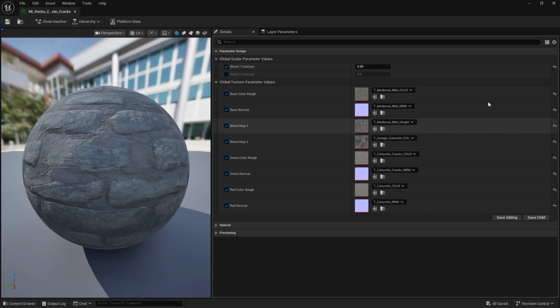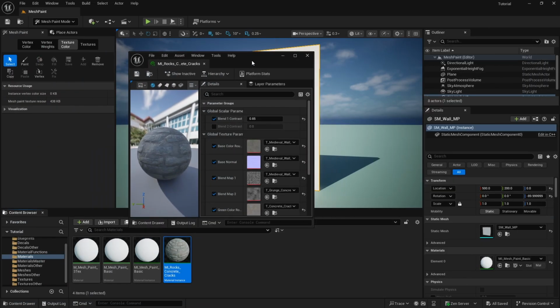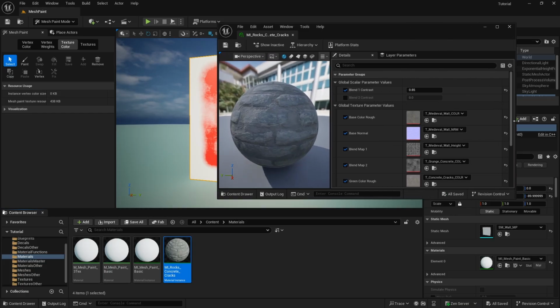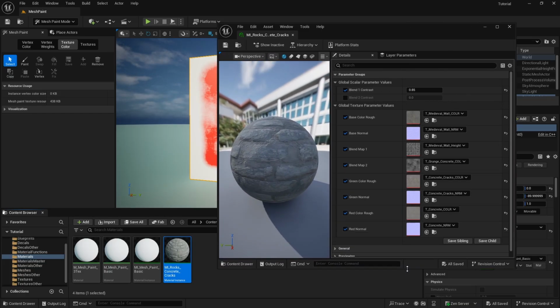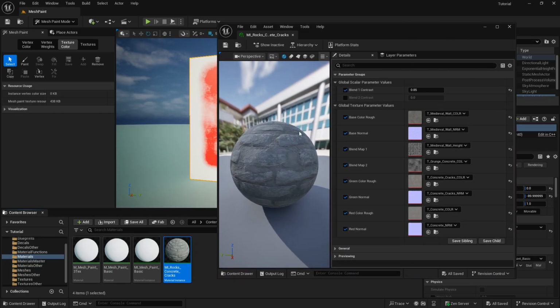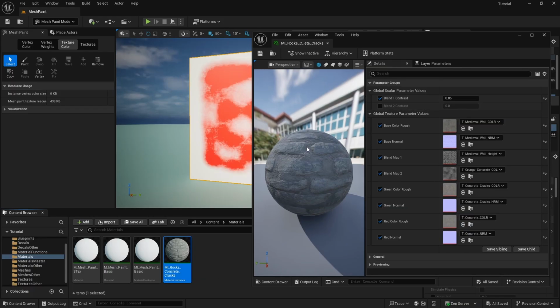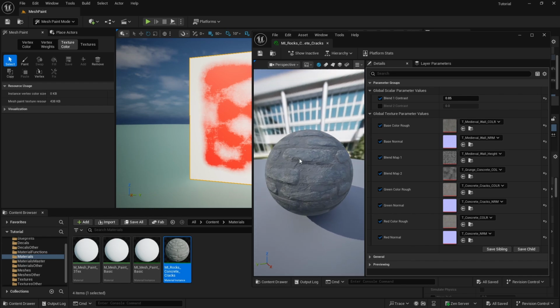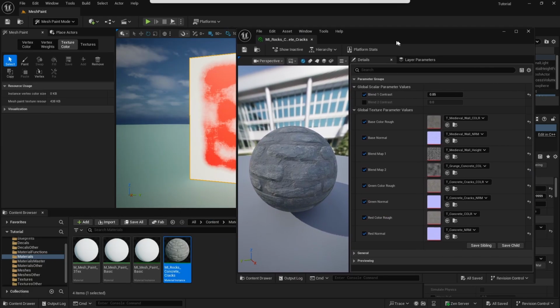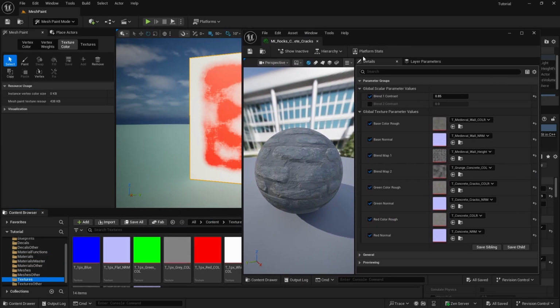And here is that material instance. Let's open that one up. You can see here that I've already named the blend contrast because I found one that I liked. So we're going to leave the blend 1 contrast at 0.85. That'll just allow us to fill in along inside of the grouty edges of our rocks here. So let me show you this. If I go to textures here,